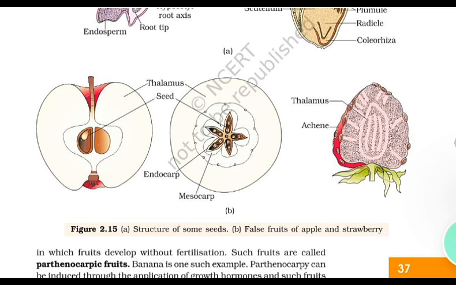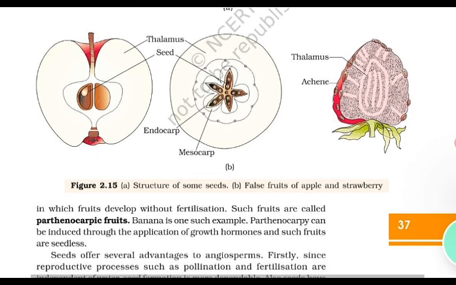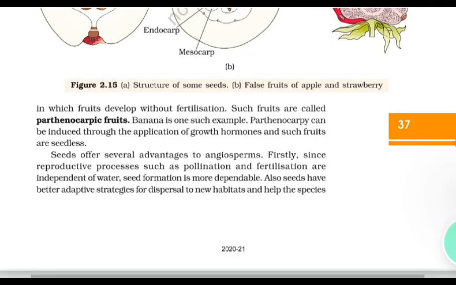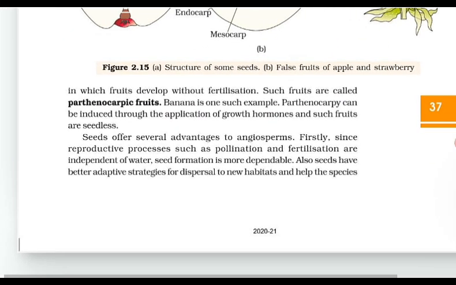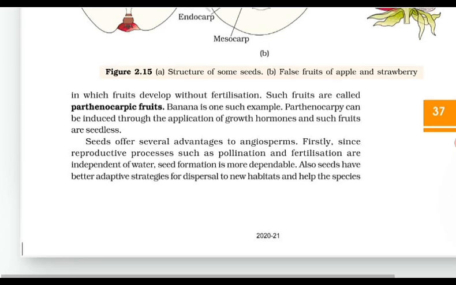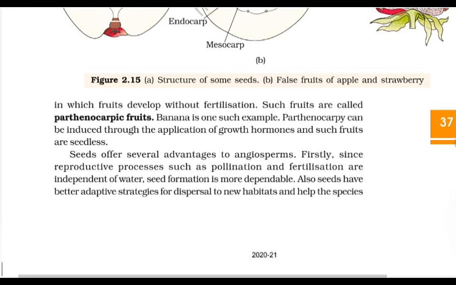A seed typically consists of seed coat, cotyledons, and an embryo axis. ठीक है, तीन चीजों से: seed coat, cotyledon, and embryo axis. The cotyledons of the embryo are simple structures, generally thick and swollen due to storage of food reserves, as in legumes. Generally thick and swollen due to the storage of food reserves, that is as in legumes.